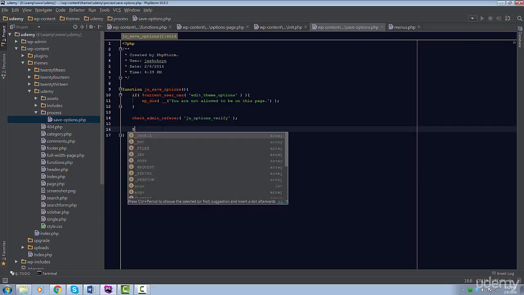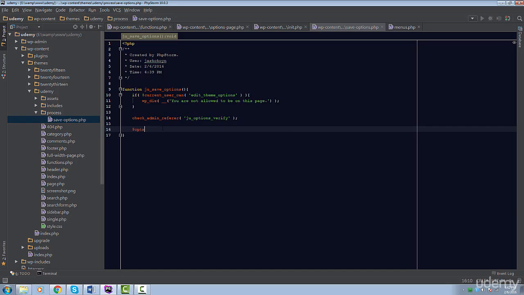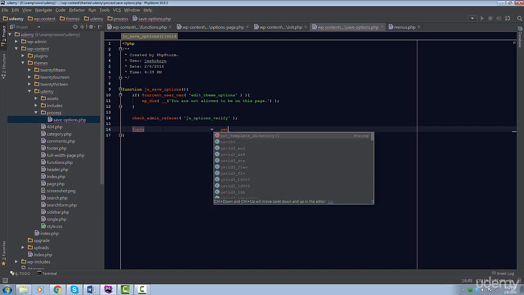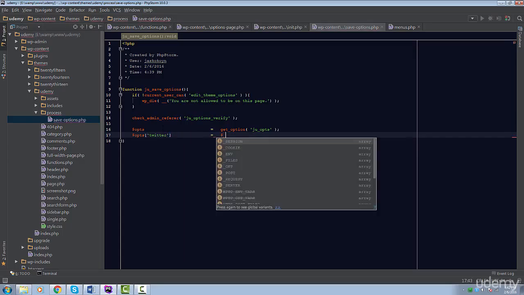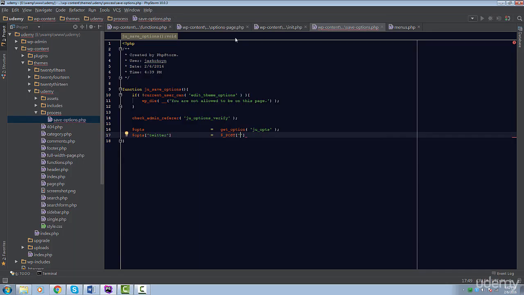We can now start processing the form data and save it. We're going to grab our ju_opts option so we can override its options. The first option we want to update is the Twitter option. We're going to set this value to its equivalent